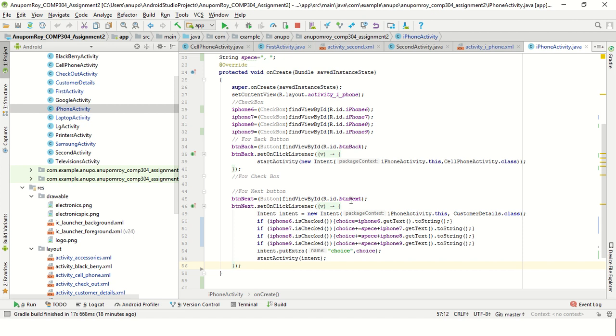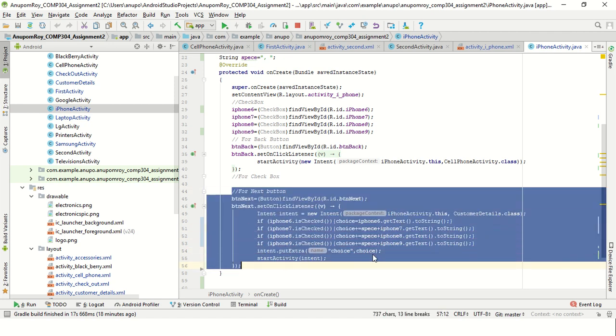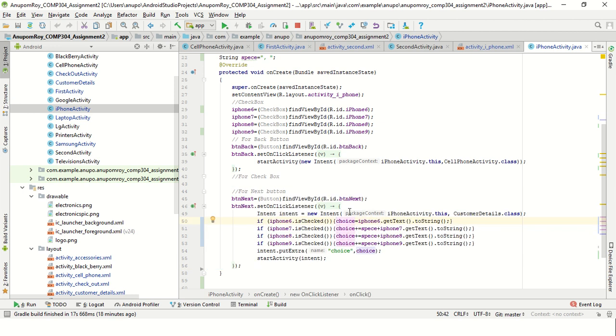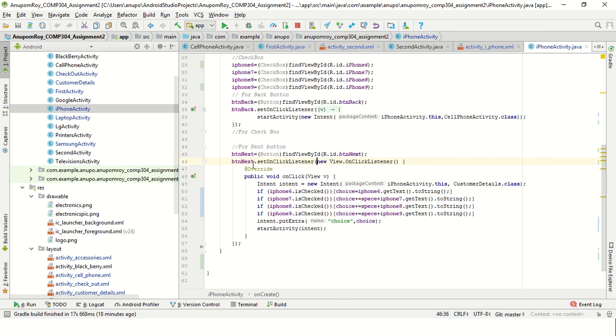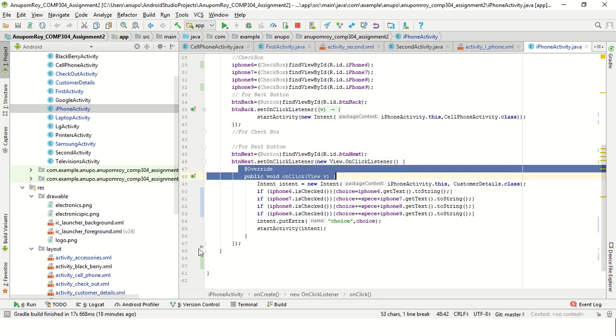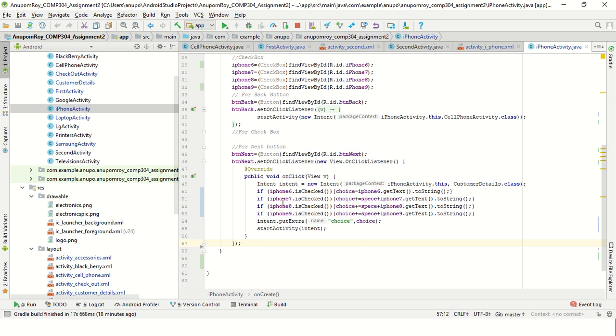Oh yeah, so if anyone clicks next, then what's going to happen? The next button has some activities, and here we're going to use the next button, like button.next.setOnClickListener. When you write setOnClickListener and then new View.OnClick, everything is automatically generated. This overrides the method named onClick, and then I create an intent for the next activity,